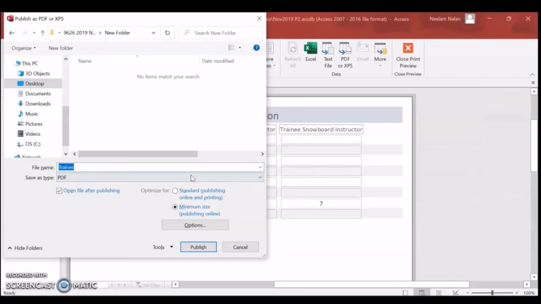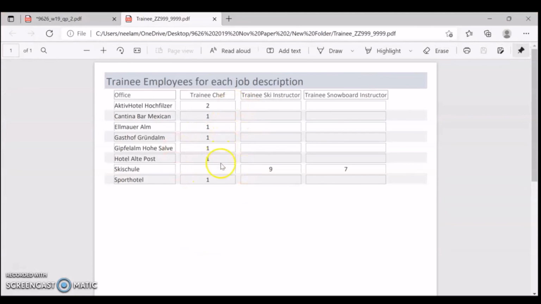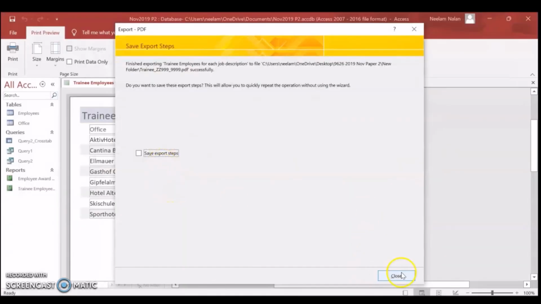Save it with the trainee underscore center number underscore candidate number. Cross check the PDF file, and we are done with the database paper.